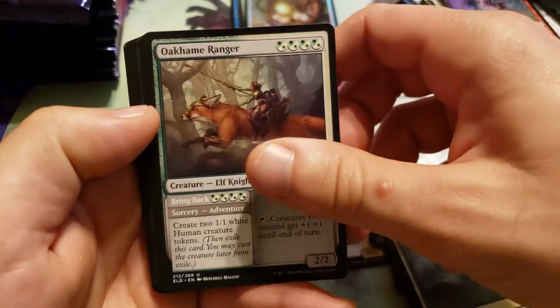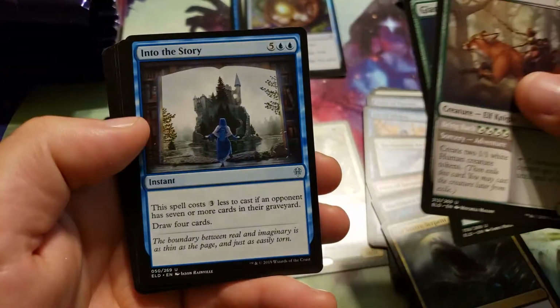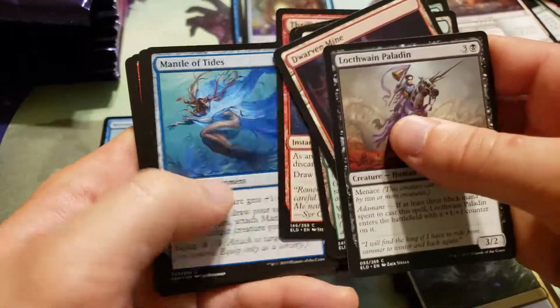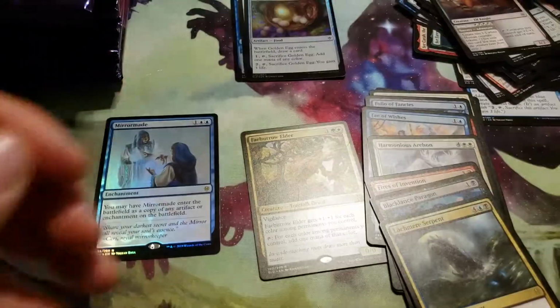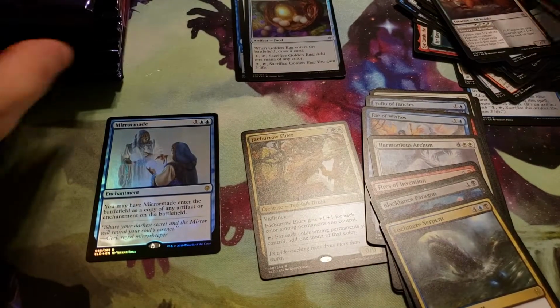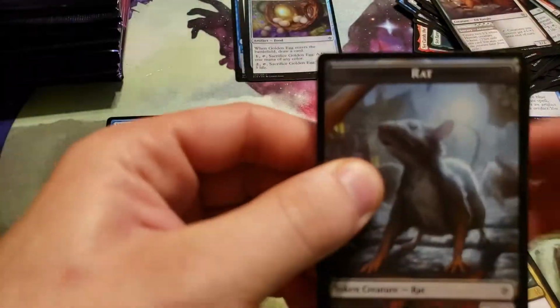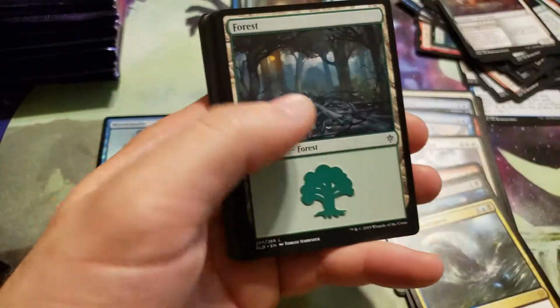Alright. We got an Oakhame Ranger, Giant Opportunity, and Into the Story for our uncommons. And let's go through these. Nothing there. Alright. On to the second stack. Only one mythic. I'm also hoping to pull some